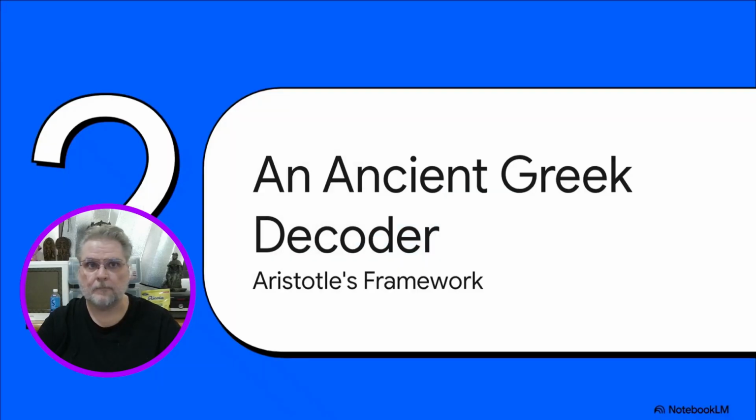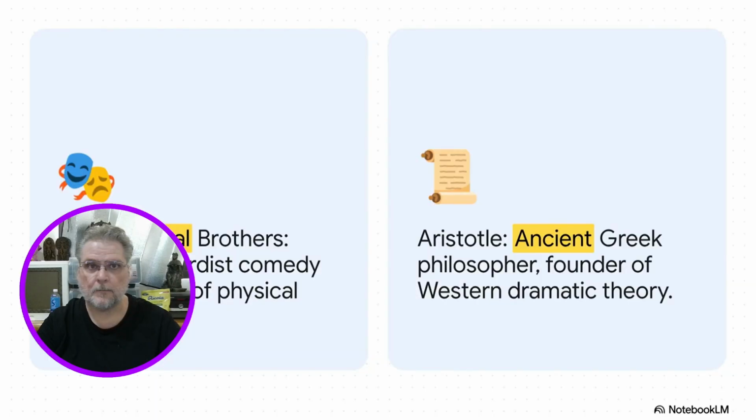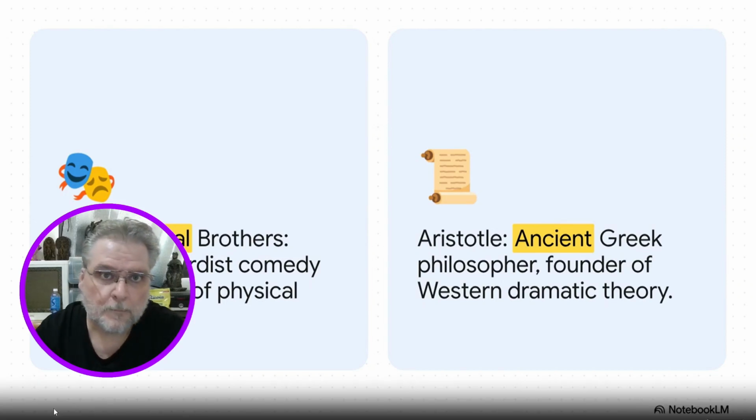And this is where it gets super interesting. Because the key to unlocking this very modern, very weird show, well, it's not a modern theory at all. In fact, it's about 2,300 years old. That's right, Aristotle, the ancient Greek philosopher. His ideas about drama and ethics and what makes us human,